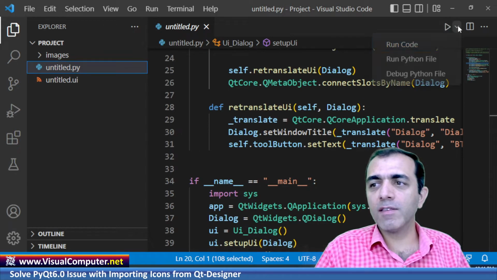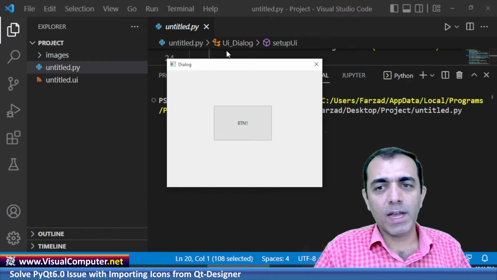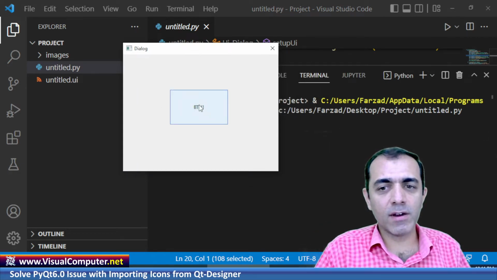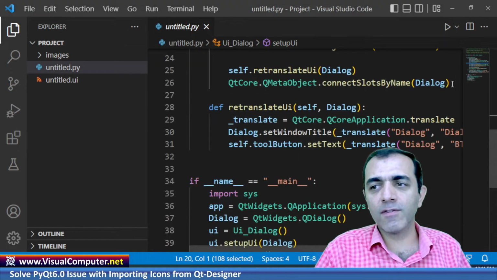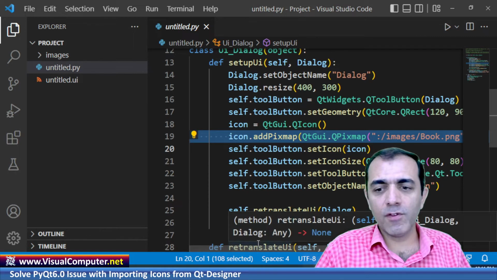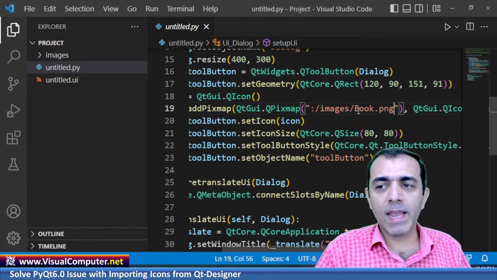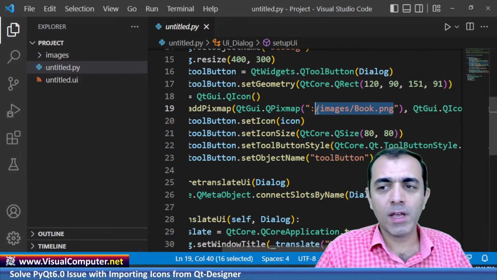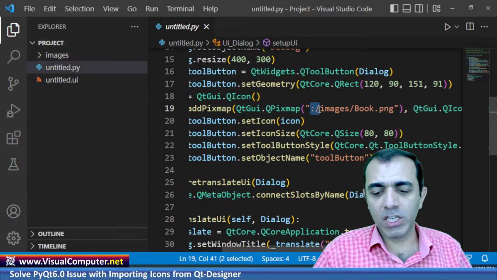Now, if I run this Python file, as you see, we do not have the icon here. It is deleted. It is working, but the icon file is deleted. We have 2 solutions for this problem. The first one is here. If you go to the name of the PNG file, for example, the icon file here, and you delete the colon slash here, and